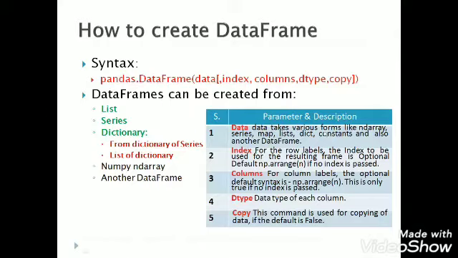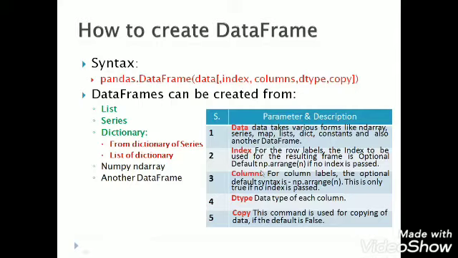Data part takes various forms of data, like you have seen in case of series. We can use ndarray, we can use list, we can use dictionary, we can use scalar value, and series also. We can take series also in case of data frame. Index means the row label. It is optional. By default the indexes are 0, 1, 2, 3, 4, and we can change the index.